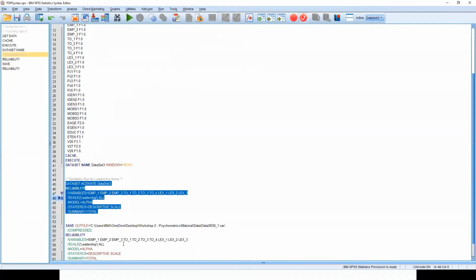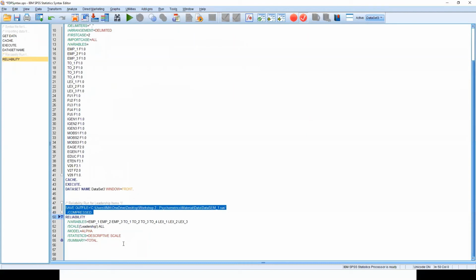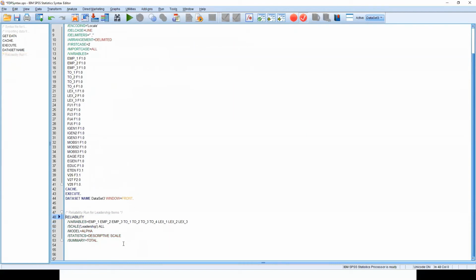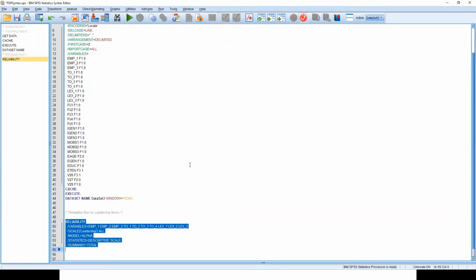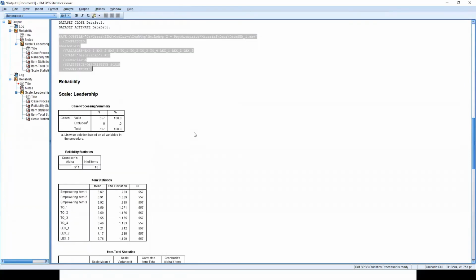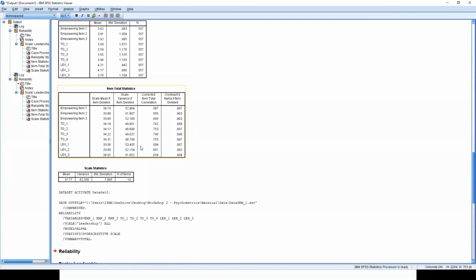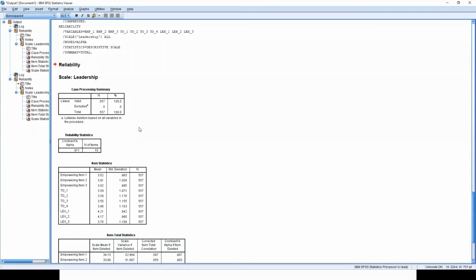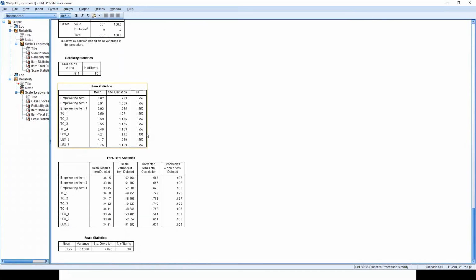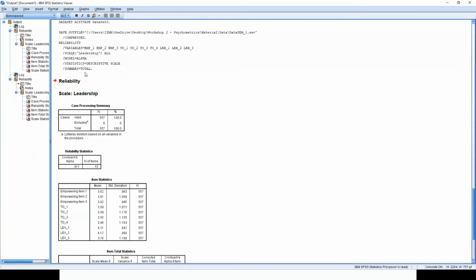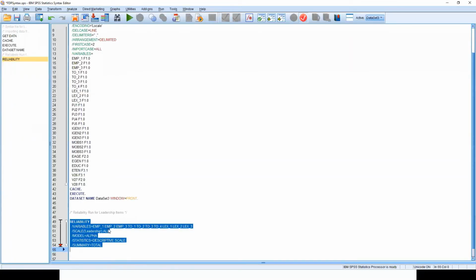Okay, and actually this is the only command that we are going to work with. If you run it, you are going to get the same output that we got earlier, right? So you can run it and then copy the syntax and save it in the file, or first paste it and then run it.